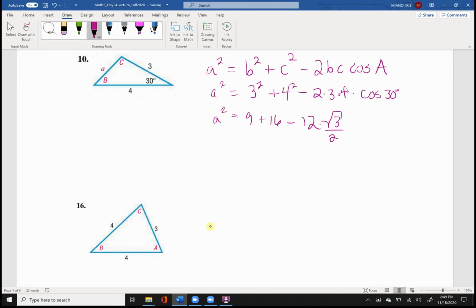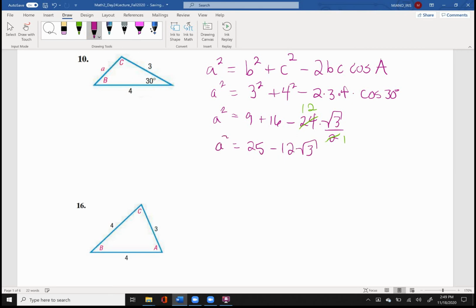Oh, excuse me, 3 times 4 is 12, but there's still a factor of 2. Oh, my bad. Hold on, let me make a quick adjustment here. That wasn't a 12 out in front, that should be a 24. Check my notes, and luckily they are correct in my notes. Cool. Then you're going to cancel out a factor of 2, and it's going to leave a 12. So 9 plus 16 is 25, minus 12 root 3s